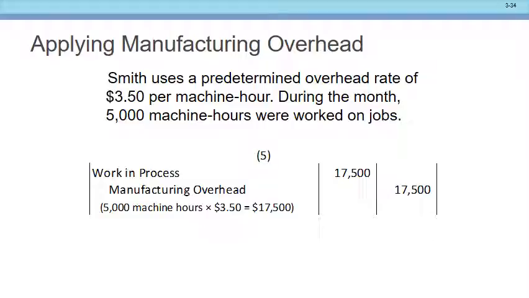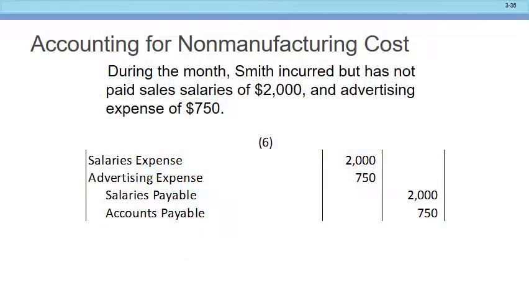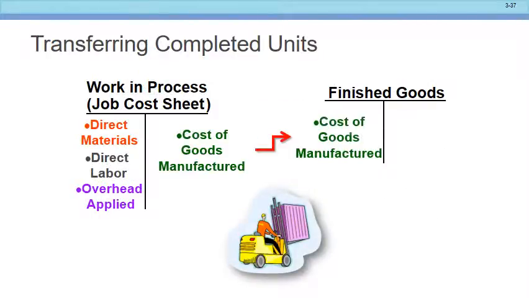Okay, good. Come over and we remind you again that you expense your selling and administrative. You're going to expense those. Okay, and there's the journal entry to expense them. And now we have our three items: we have our direct materials, we have our direct labor, we have our overhead applied, and as we finish those,